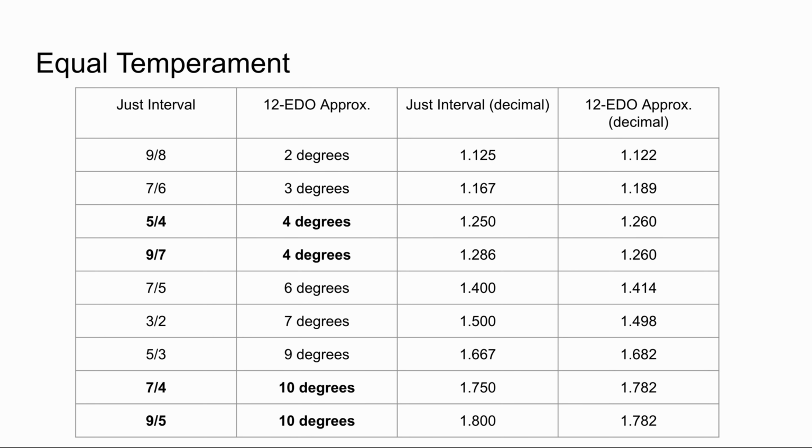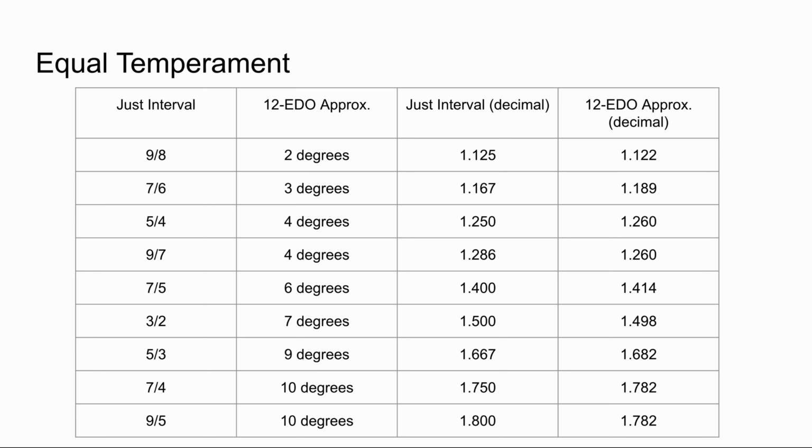This means that 12 EDO tempers out 36 over 35, which is the interval between either of these two pairs of intervals. If you're not sure what that means, don't worry. I'll go over that in part 2. I just wanted to mention here that EDOs will sometimes map 2 or more JI intervals to the same thing.